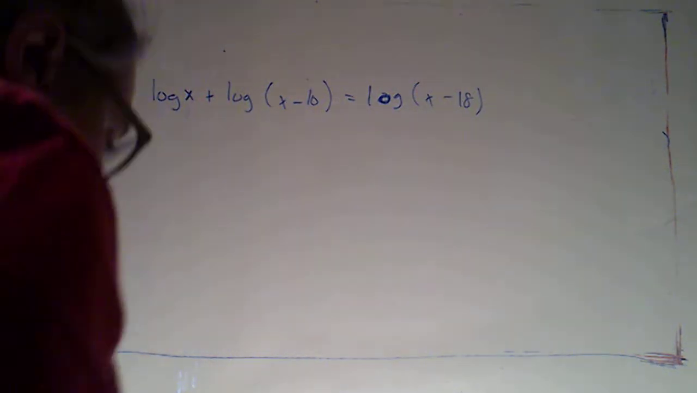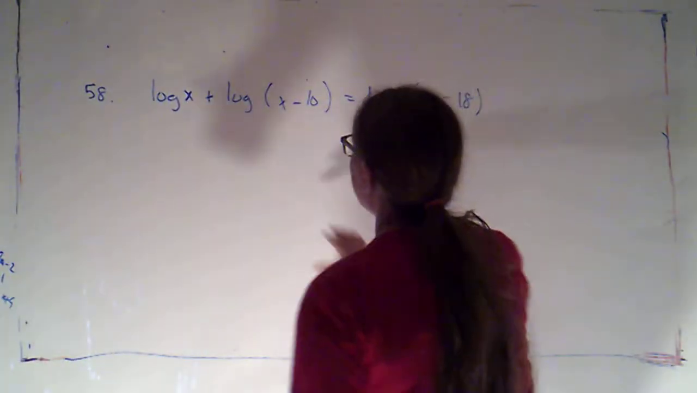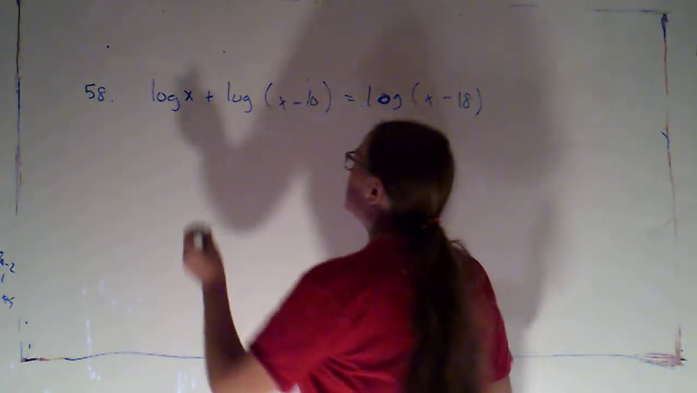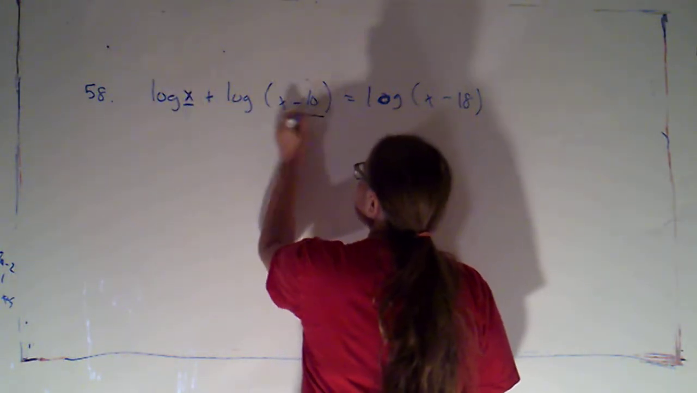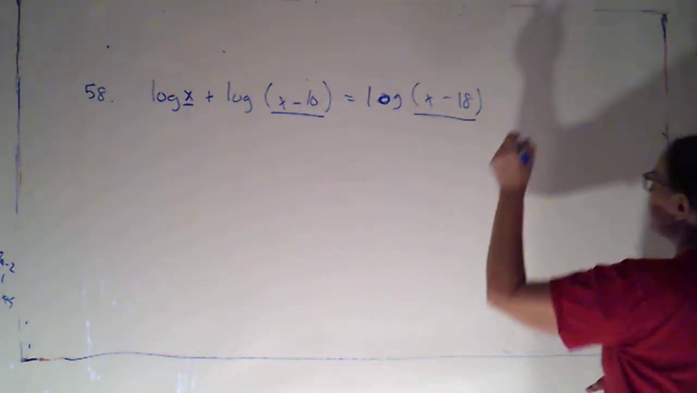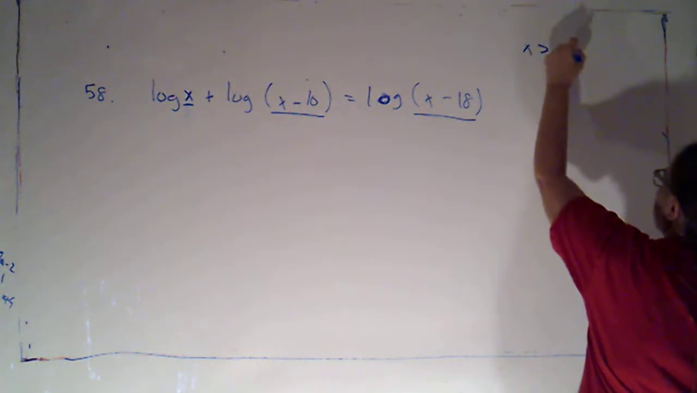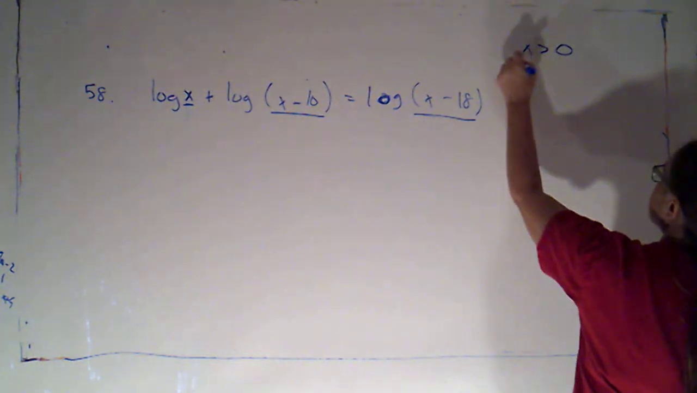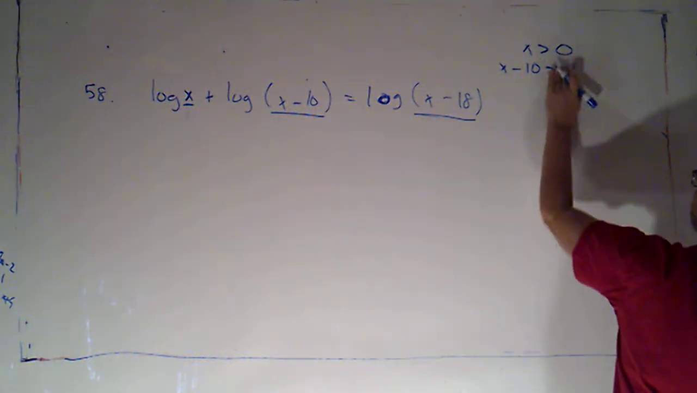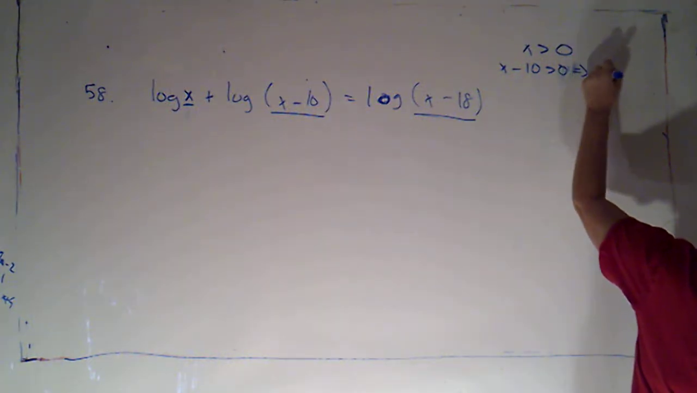I've got question 58 on the board. That's an even numbered problem from your text. Again, the very first thing I'm going to do when I have log equations is look at my arguments, and I'm just going to record that they have to be bigger than 0. So x has to be bigger than 0. X minus 10 has to be bigger than 0, which means x has to be